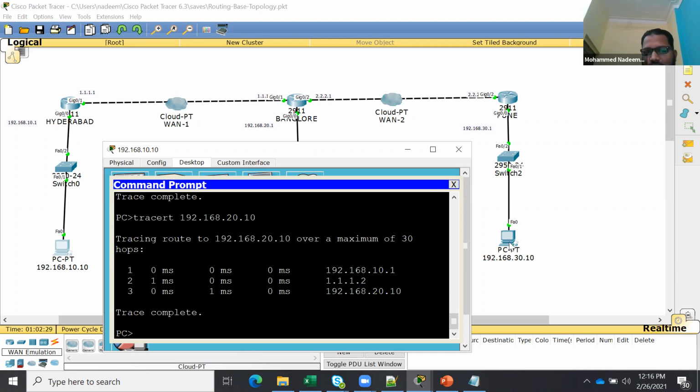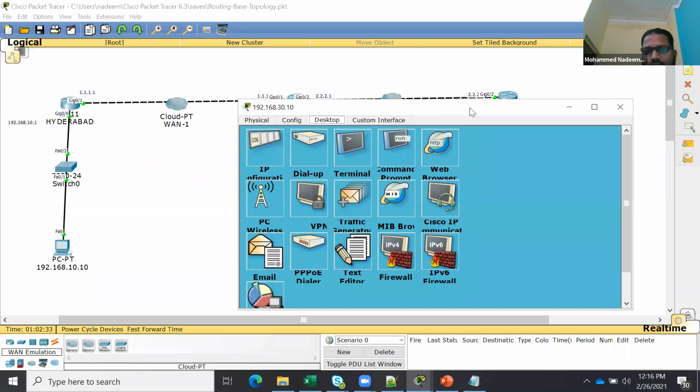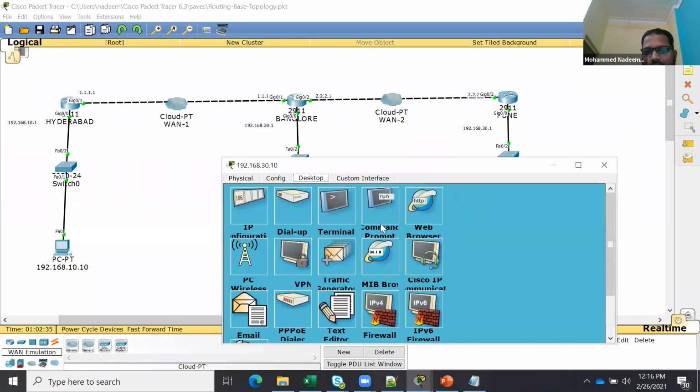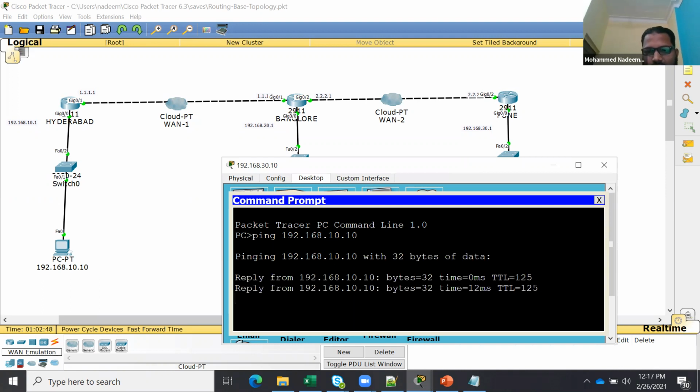Similarly, if I go to the Pune machine, ping 192.168.10.10. I'm able to ping from Pune to Hyderabad.